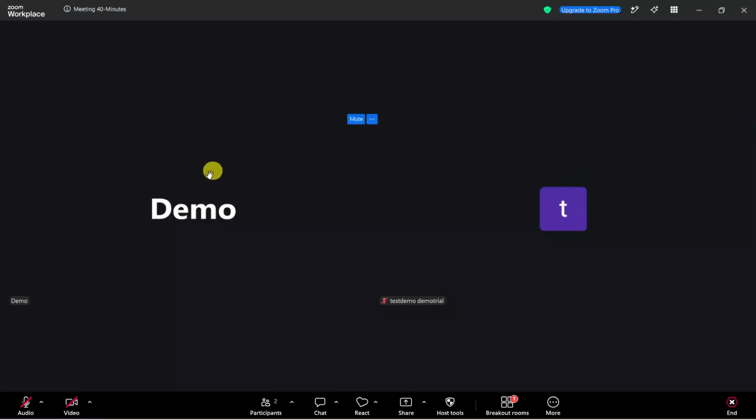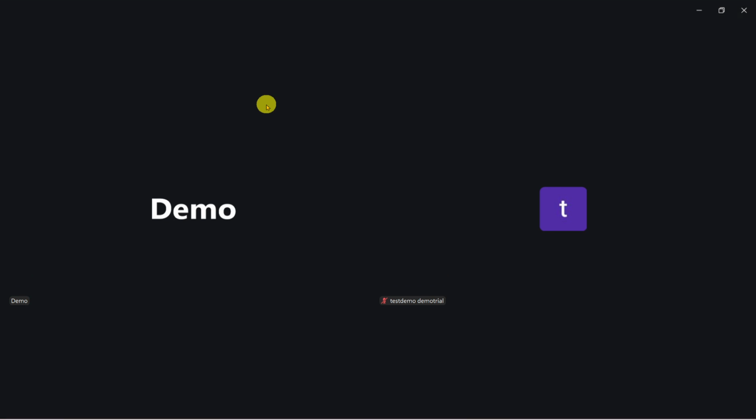Hello, today we will guide you through how to change host in Zoom. In this walkthrough, we'll go over how to transfer host controls to another participant during a Zoom meeting. This is useful if you need someone else to manage the meeting, continue presenting, or take over administrative controls while